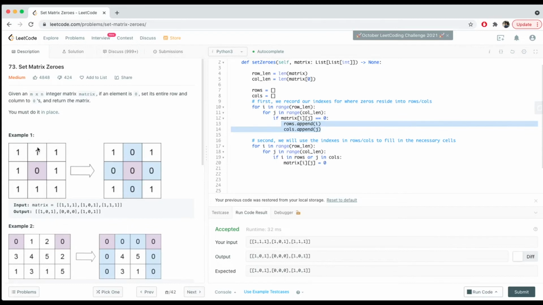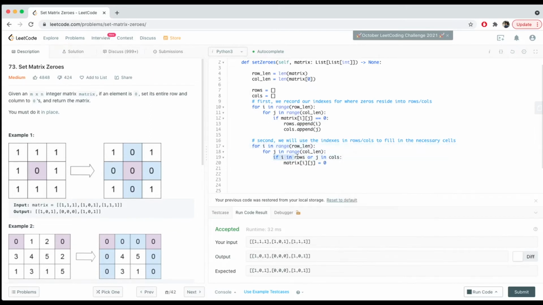So if we try to make these 0 every single time we find a 0, say we go through this matrix, we find a 0 in the row and column index 1, and we modify the first element in the row and column that we're on, so this will be 0, this will be 0. Then we could just, when we're in the second iteration,